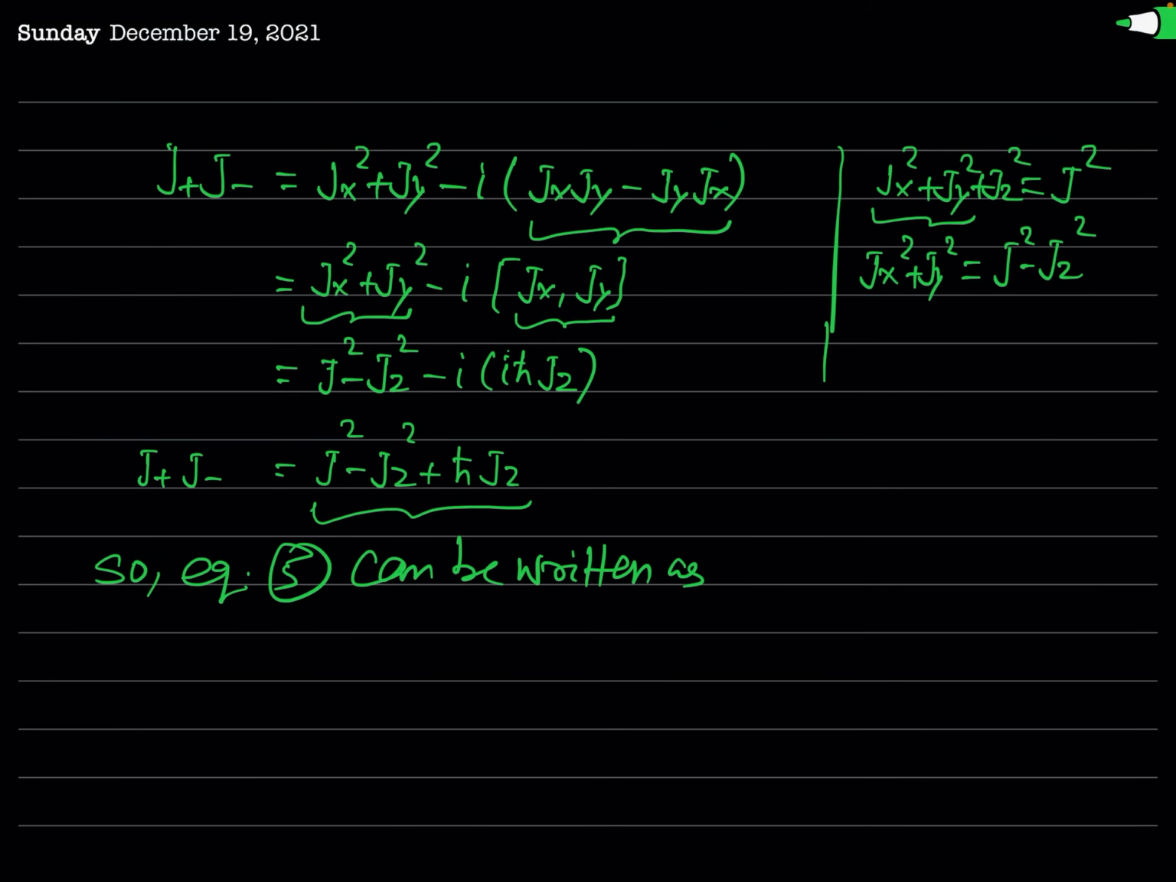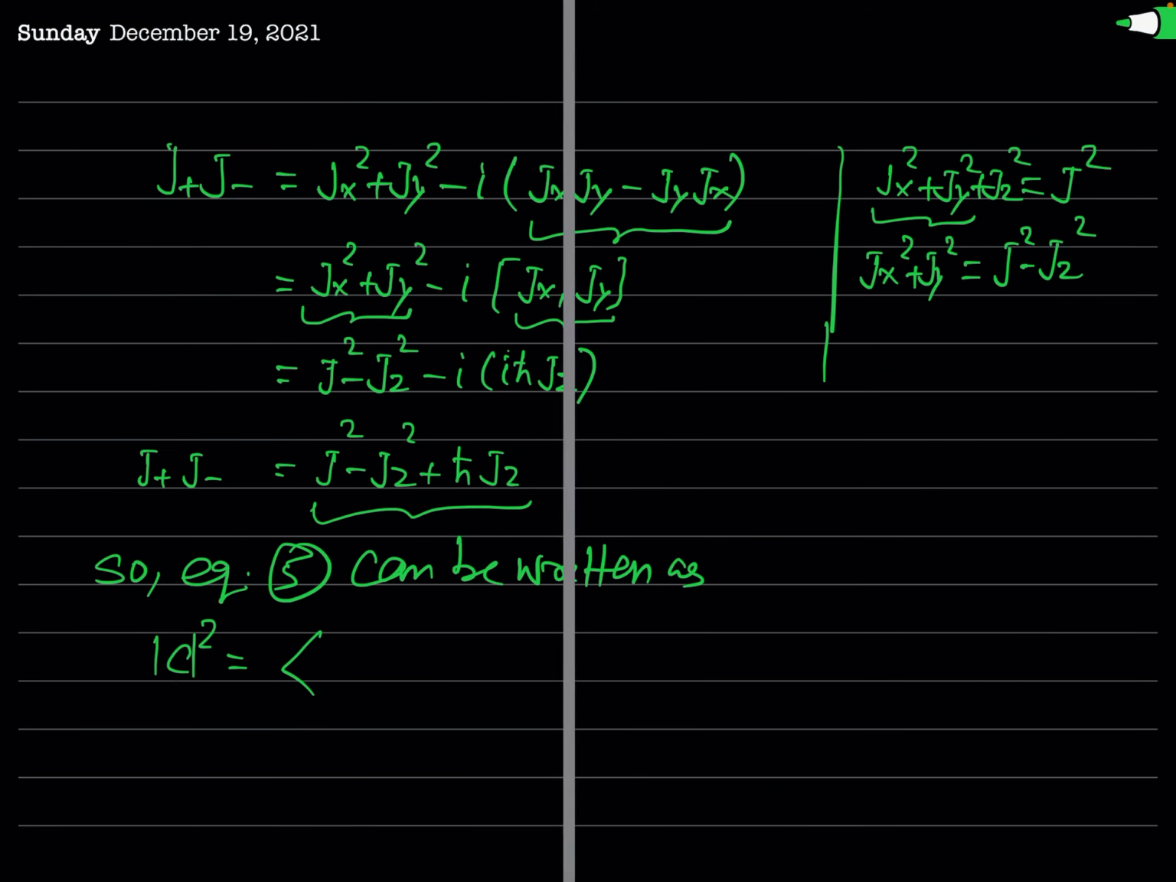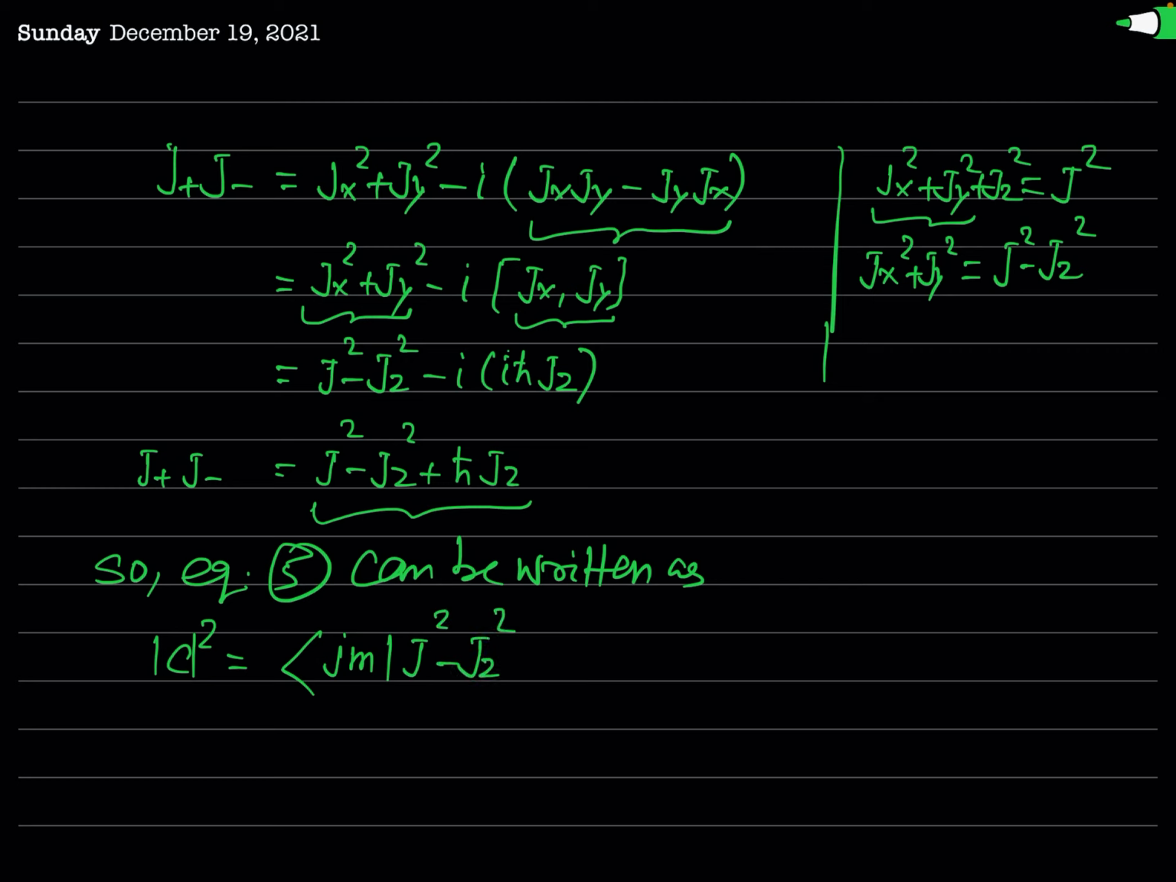Equation 5 is this much, c square equal to. So c square is equal to what? C square means mod of c square. This is equal to, you can see the form of equation, bra jm, j plus j minus. Instead of j plus j minus, now we will write this much: j square minus jz square